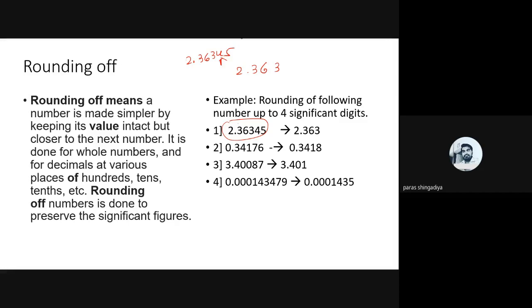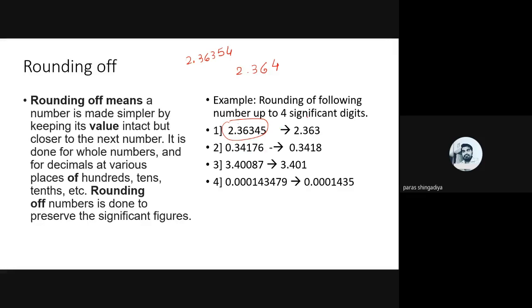If in place of 45 I consider 54, so now after the 3 that is greater than or equal to 5. Up to the 4 digits, after the 3 it is greater than or equal to 5, so here we change this 3 to 4, we'll add +1 to this previous number. So 3 will convert to 4. In that case we'll get the answer 2.364. Now second one,